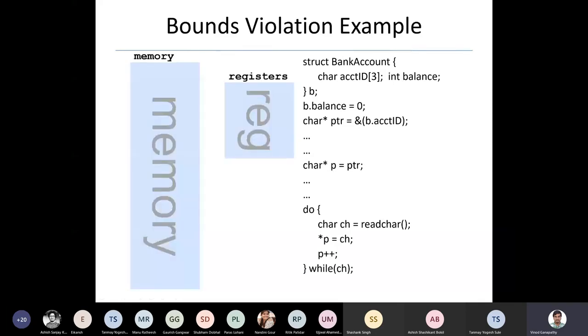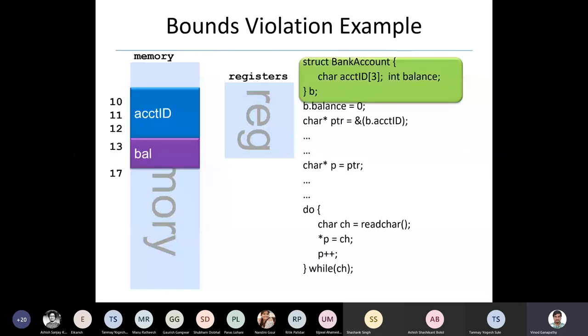You've got memory and registers, and you can just single step through the code. You've laid out your 3 bytes for account ID and the balance, which is 4 bytes long. Now balance is equal to 0, I set it, and character pointer is equal to account ID. So what does character pointer equal to account ID do? Well,